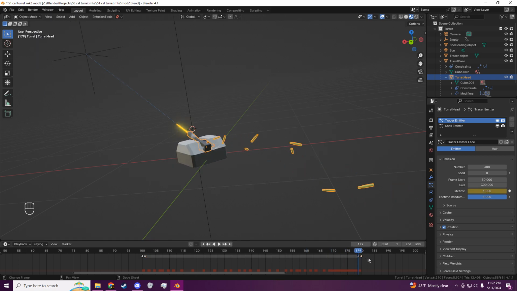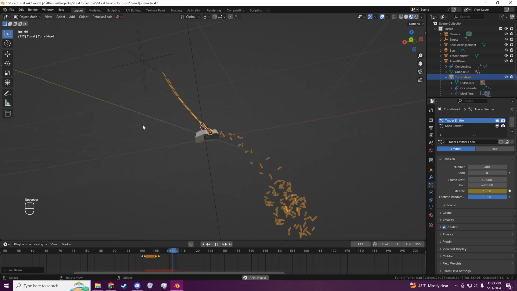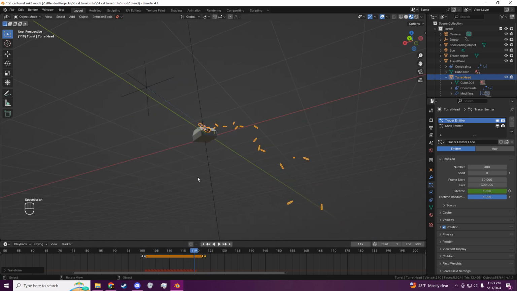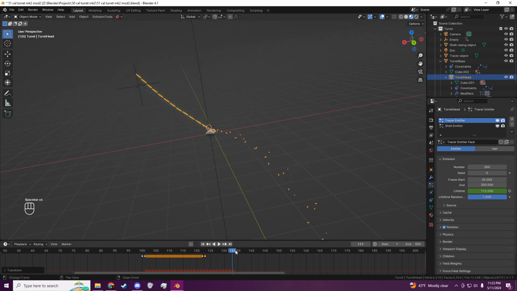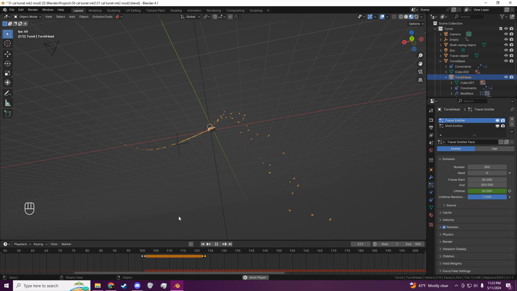So same thing, you come to the end, you keyframe again for the 1, and then you keyframe for whatever you want your new lifetime to be, and they'll go off and do that. But if I were to show you here and put them close enough that you can see it, when we turn on and off the particle system in this way, it allows for the particles that are already in flight to stay going out there. If you saw that,